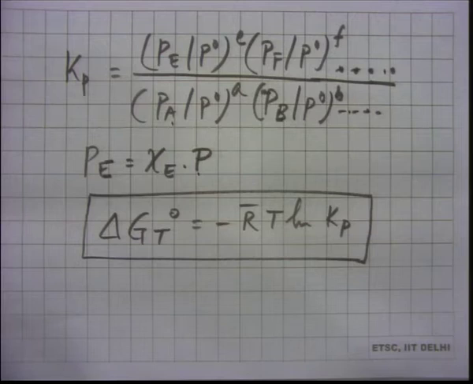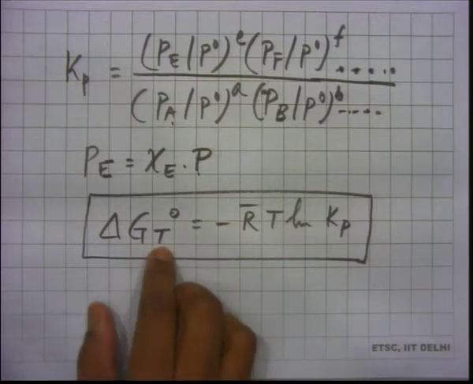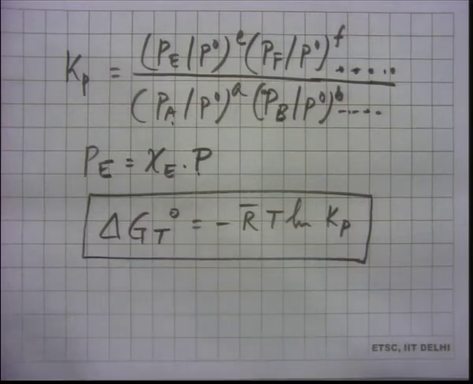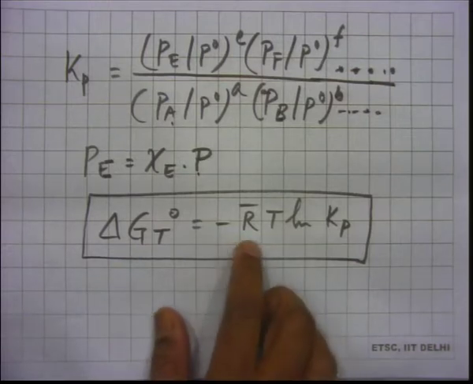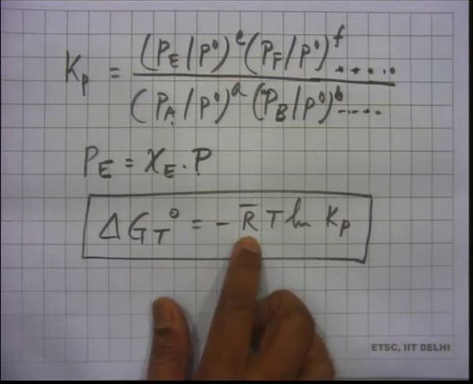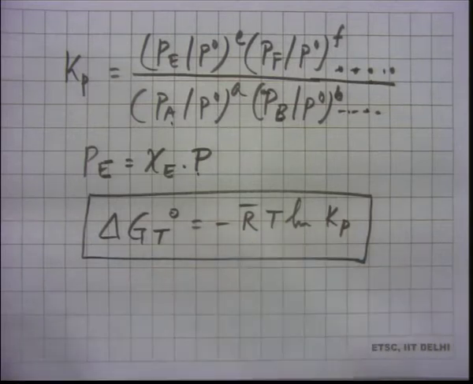Again, let us say 1 atmosphere, 2500 Kelvin, you can calculate delta G T naught by looking up the tables. That is what I told you a few minutes back. And on the right hand side, you have temperature, which is already known, and the universal gas constant of course is known. So, what is unknown in this equation? Any response on that? What are the unknowns here? Partial pressures. Partial pressures of various species.